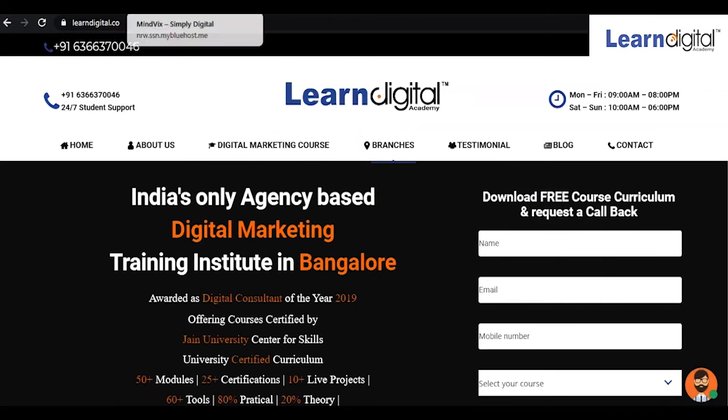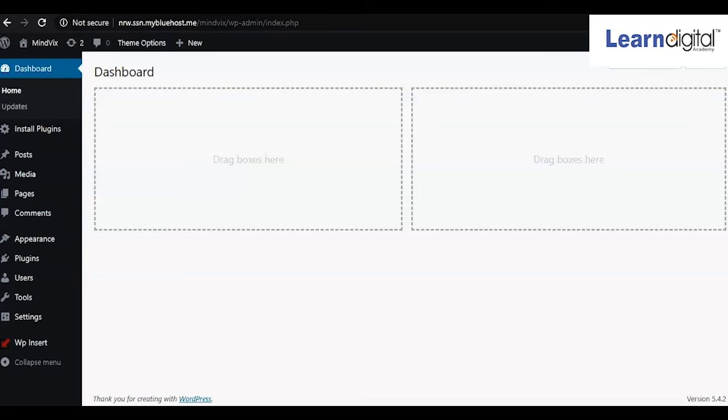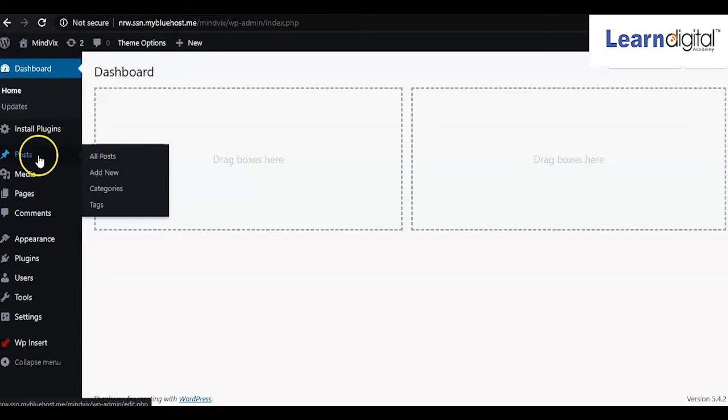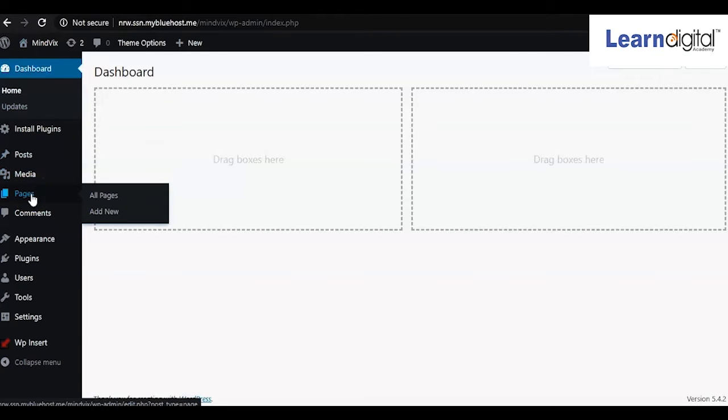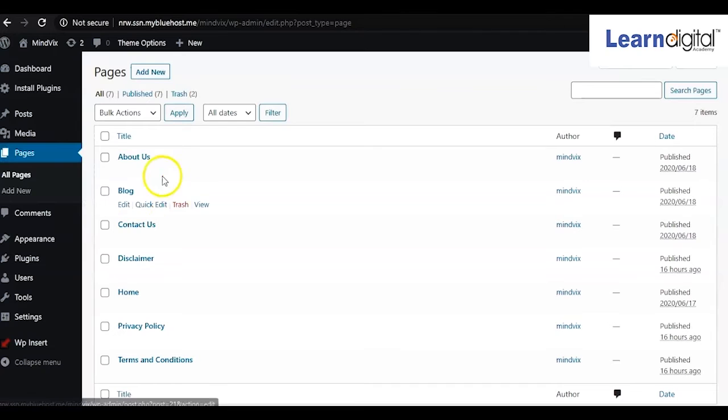So for creating this type of sub pages, again, you'll have to come on your backend part. And actually, we are creating pages, so again we'll come here in the pages and all pages. Here we can see whatever the pages are, but we want to add some more new pages, right?